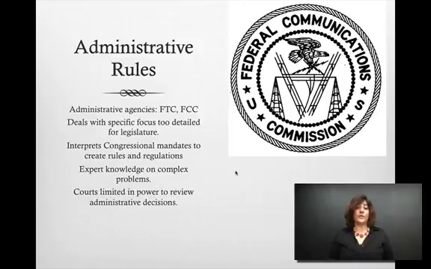And then we have administrative rules, which I'm sure you've seen and not even maybe realized what they were. So when commissions make rulings like the Federal Trade Commission, the Federal Aviation Commission, the Federal Communication Commission, those are administrative rules that they're setting forth. They're very specific areas that are tailored to an area that's too specific for the legislature to deal with, but it requires kind of expertise on that particular area. So when we're looking at broadcast rules and things, we don't want per se the entire legislature to be making those decisions. We want someone who's specialized in that, hence the Federal Communication Commission.